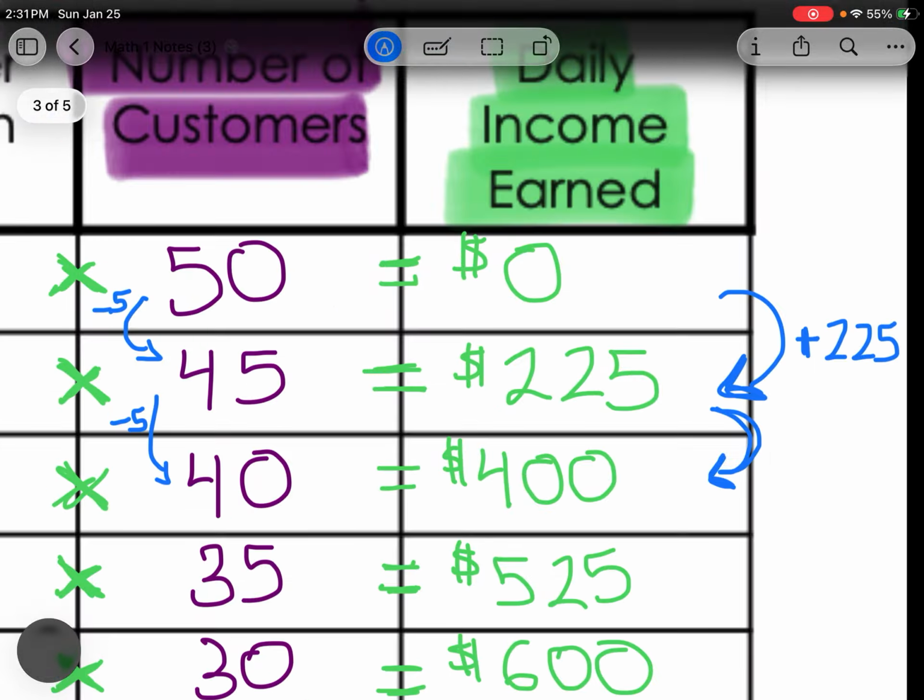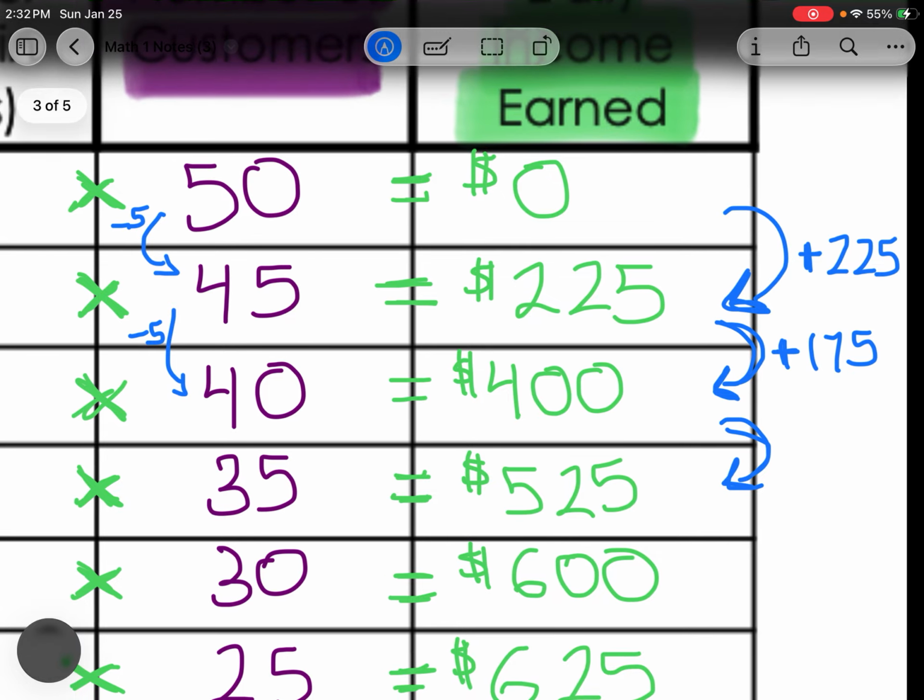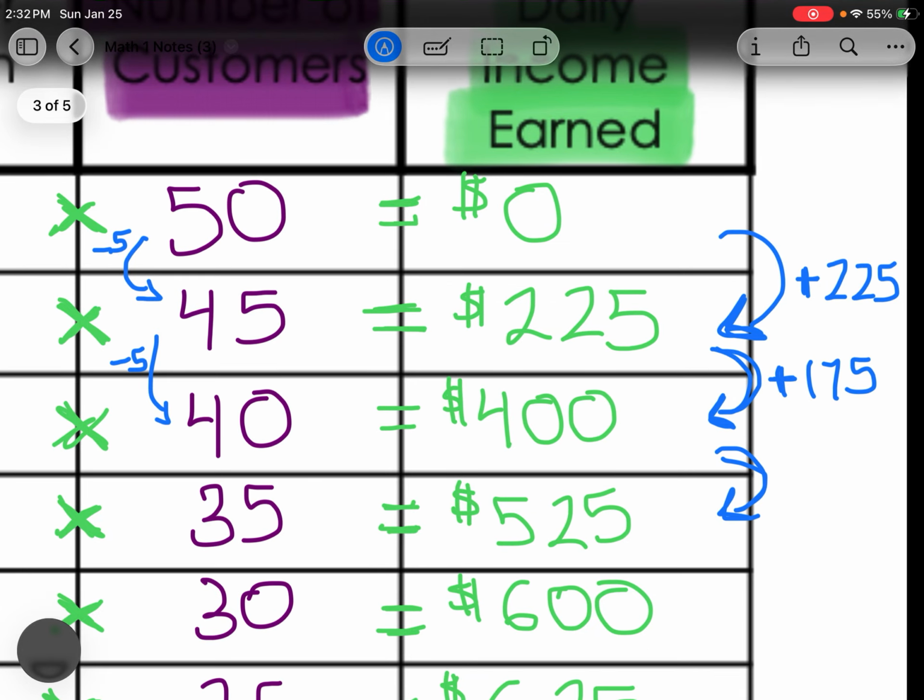Here we only made a profit of $175. From here to here, how much did I make? If you know me, I am not a mental math type of person. I type in the calculator. I made